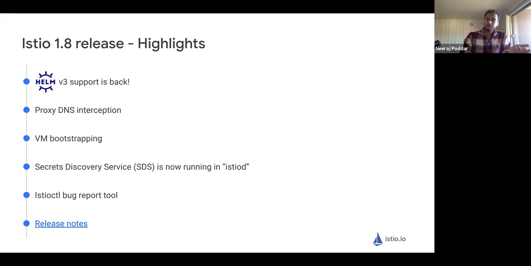The last thing is the release notes. These links right now might not work until the release is actually published. So hopefully soon after my presentation is done, the release will be published, but I will highly recommend all the users of Istio, if they are new users who are going to be moving to Istio and using 1.8, please look at all the release notes to understand the capabilities and features that have been added in 1.8.